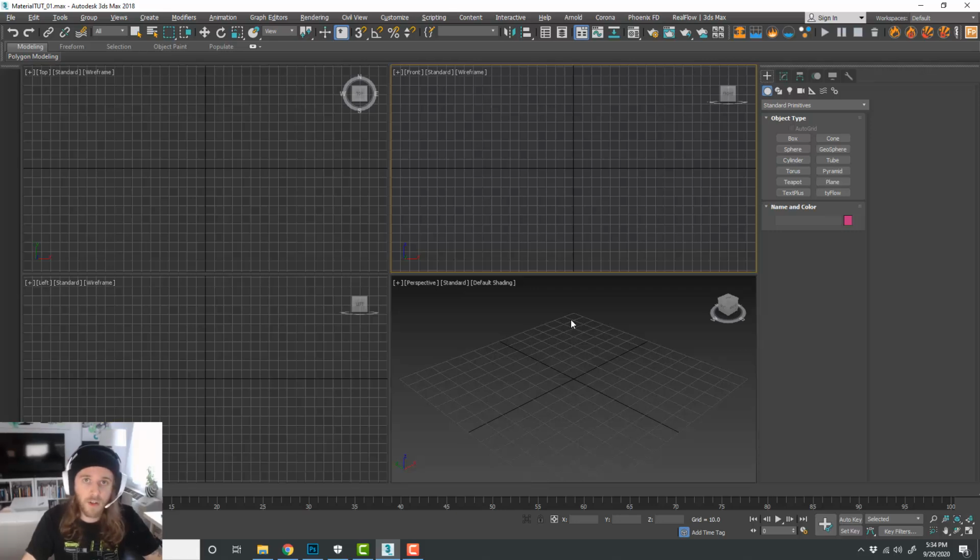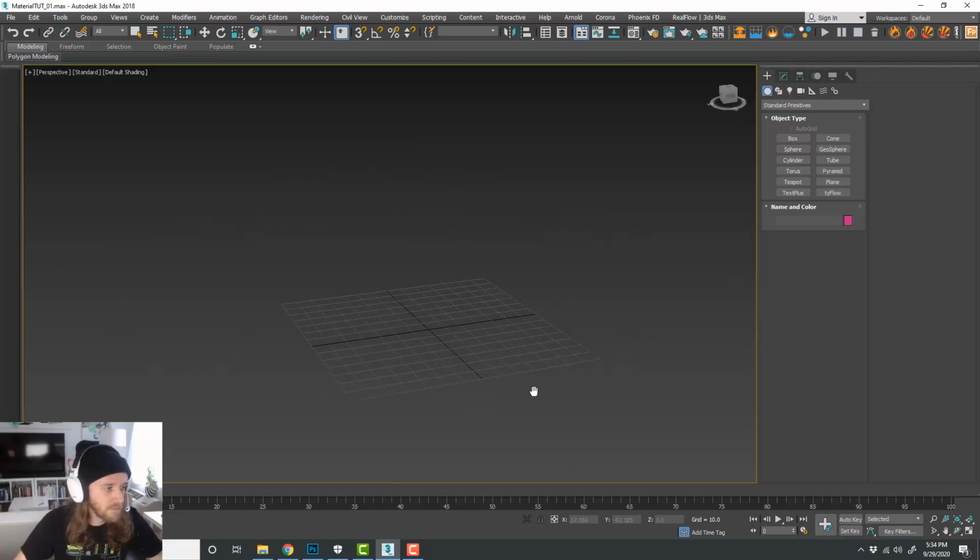So if you've watched those and you're pretty much familiar with the general interface of Max, chances are you probably have popped up in the material editor and tried to render some stuff out. And if you run into any trouble, this will be a good video to start with as far as materials and lighting and stuff like that goes. So without further ado, we'll jump into Max. We'll kind of model a couple quick things and set up a little scene and start playing around with some